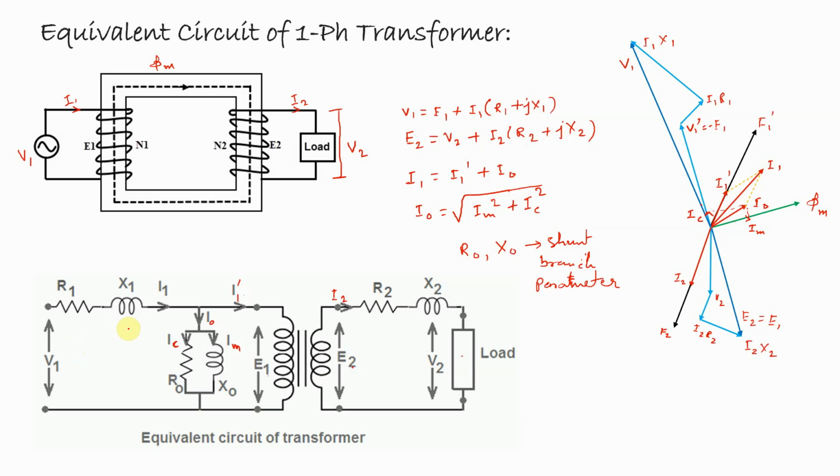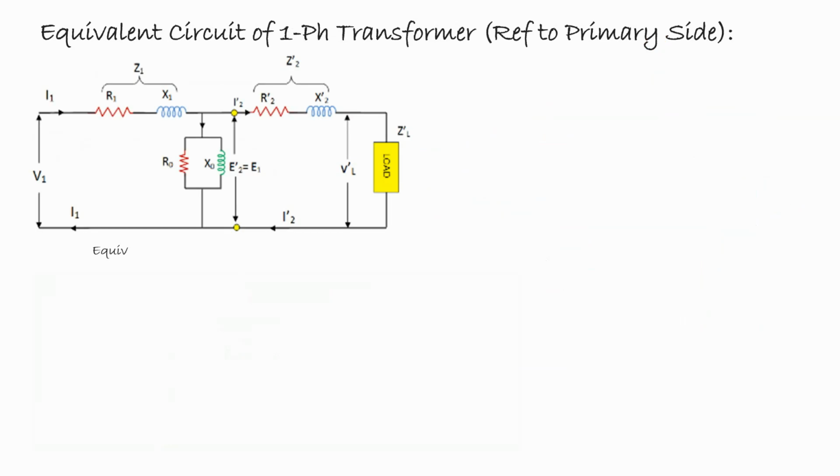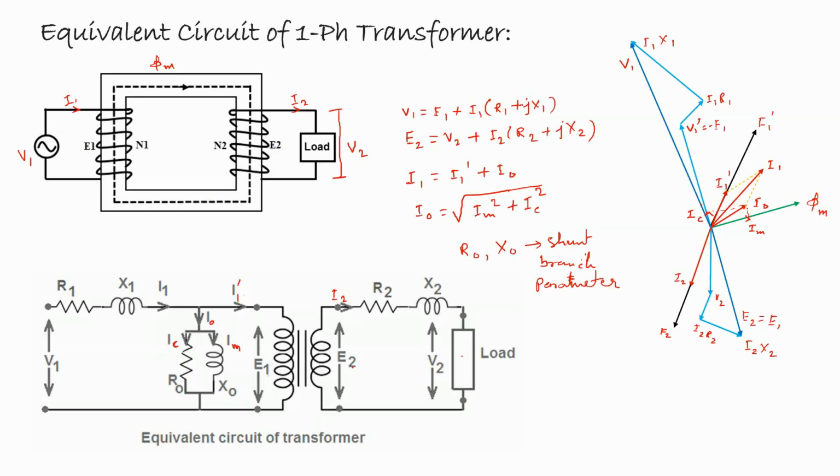There are some other forms of the equivalent circuit. So let's see. In the previous circuit, we have seen that the two parts, the primary and the secondary, are not interconnected. They are not electrically connected. Therefore, if we want to calculate the losses or other parameters, we have to calculate them separately, both in the primary side as well as in the secondary side. But if we join these two circuits and make a single circuit, theoretically we can do that.